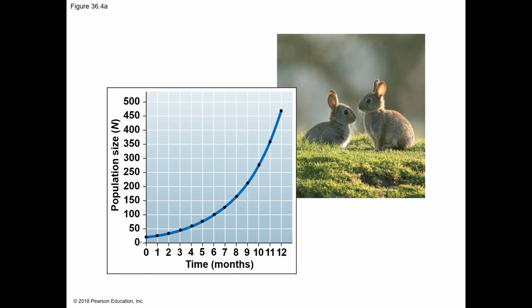So what that means is that when the populations are small, remember G equals Rn, right? If this R is staying the same, when the numbers are small, since this n is small, the growth rate is going to be small. However, once this n is a larger number, the rate of growth is going to be greater, because in this equation a larger n is going to give us a larger growth rate. I hope that makes sense.